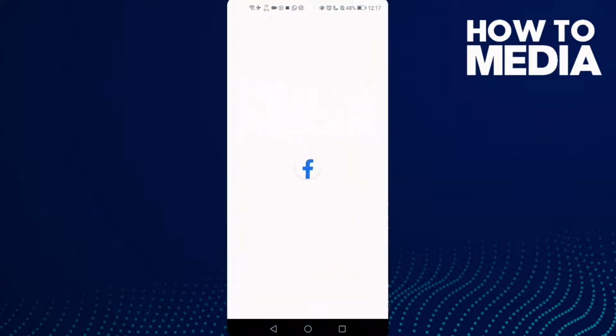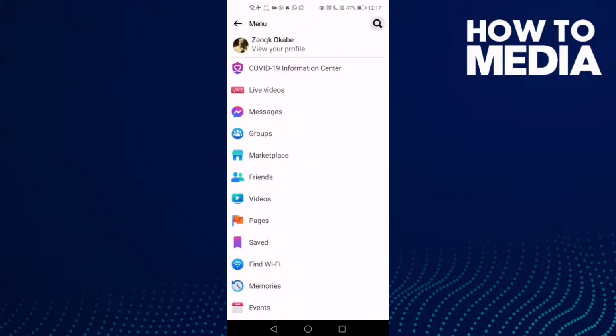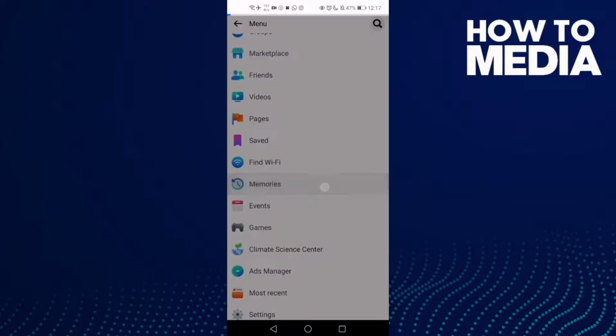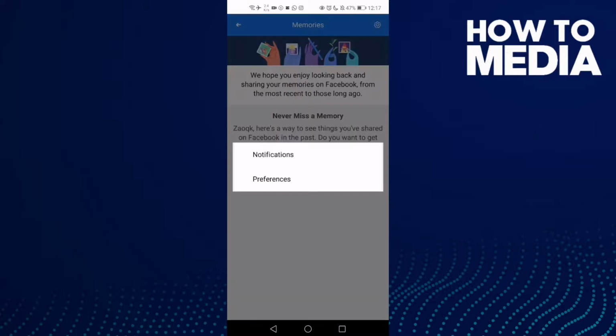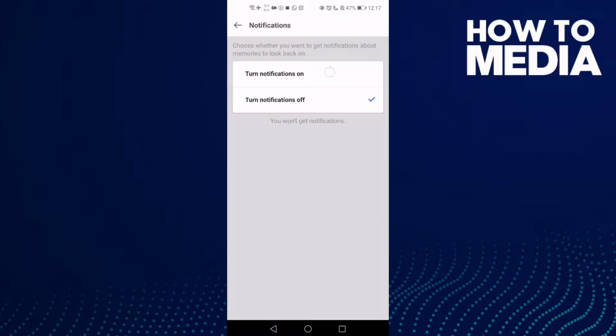First thing, go to Facebook Lite and here just click these three lines in the top corner and go down until you find this one, memories, and then click this settings icon in the top corner and click notifications, and now just click this one, turn notifications on,